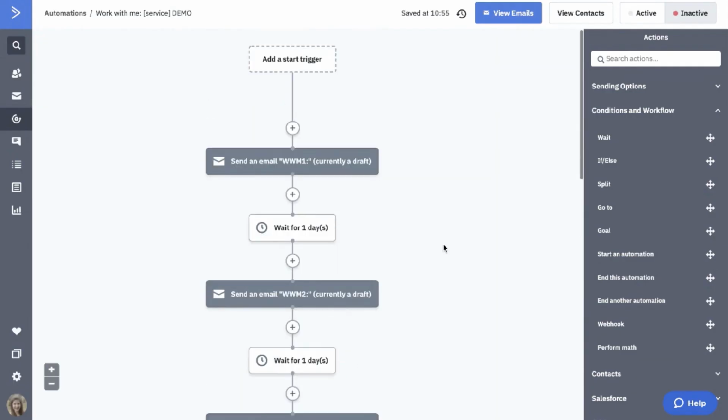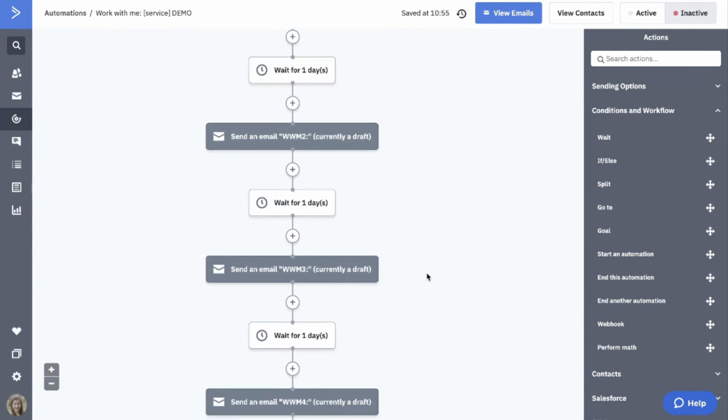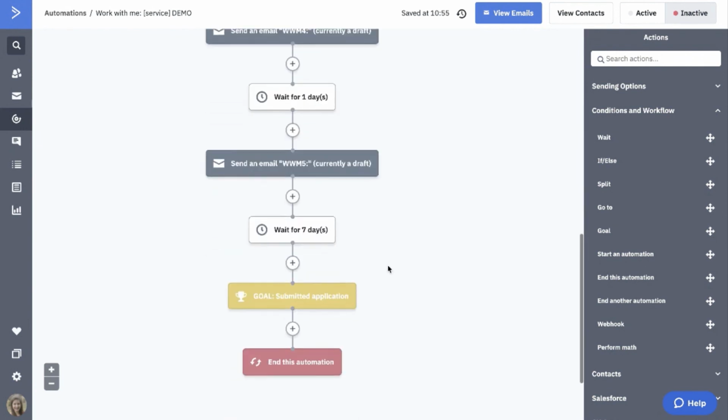Perfect. Now we have our email placeholders that are currently set up as drafts. We have our wait actions so that people don't get emails all at once. We have our goal set up so we know when someone submits an application, they'll be pulled to the end so they don't continue to get emails when it's not necessary. We have a longer buffer wait action between the final email and the goal, so we give them some time to act, right? And then we have our end this automation action,